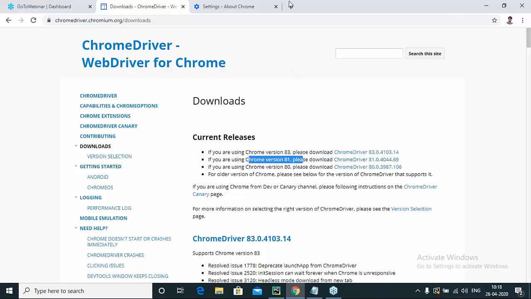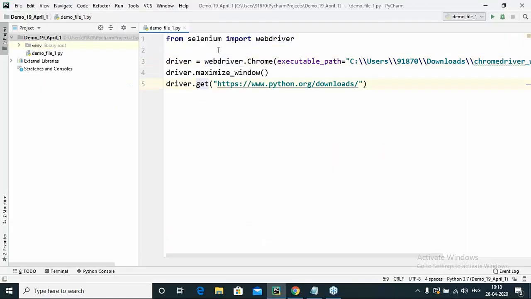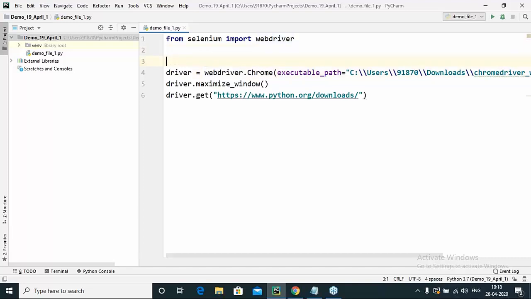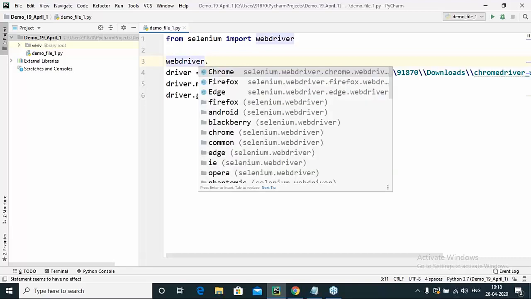How to use it? Coming back. The command that we use is webdriver dot, followed by the name of the browser. Suppose I write webdriver dot: if I want to work on Firefox, I can work in Firefox using this.